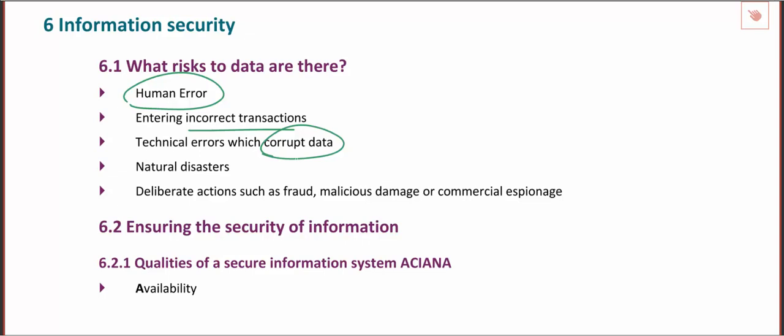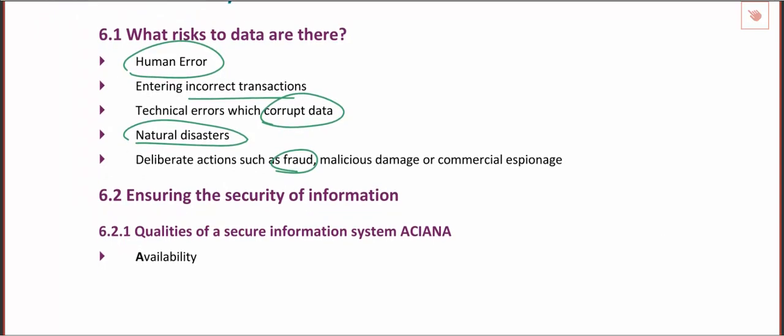It probably doesn't happen so much anymore, but I've certainly experienced going to open a file and it's just not there, or it's corrupt and the numbers are all mixed up, or the text is unable to be read, or maybe you haven't saved it in the right place, or it hasn't saved correctly. Obviously you also have bigger things like a natural disaster, so if there's a flood and your server gets damaged, or you have somebody who comes in and actually deliberately tries to damage your data.